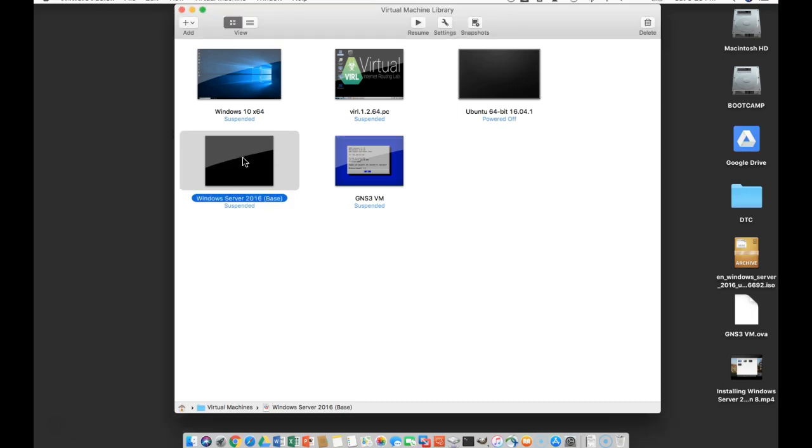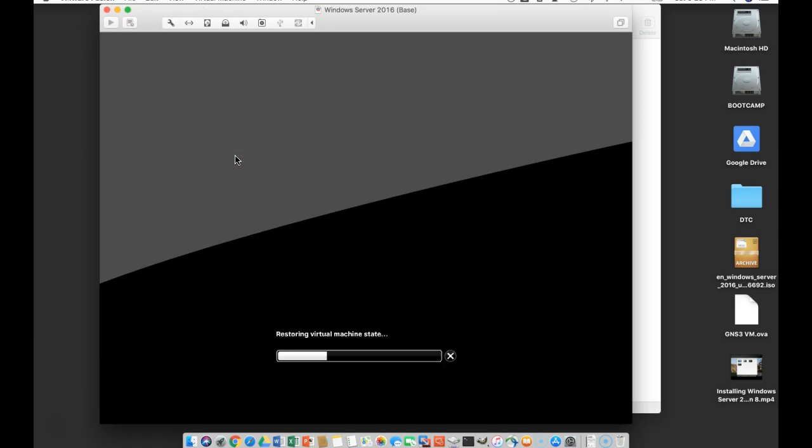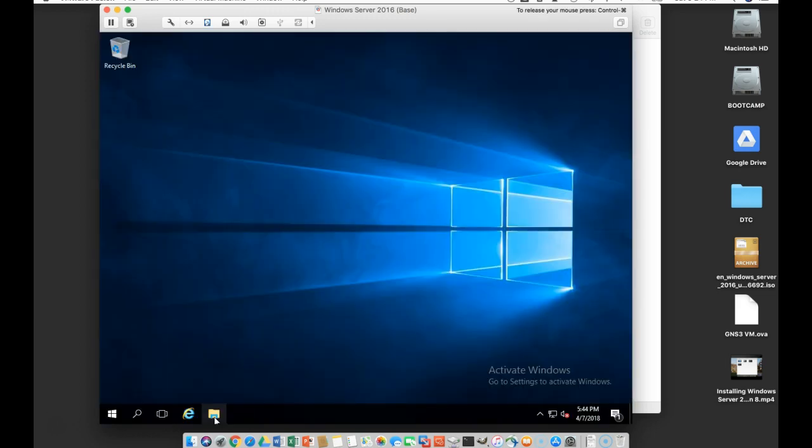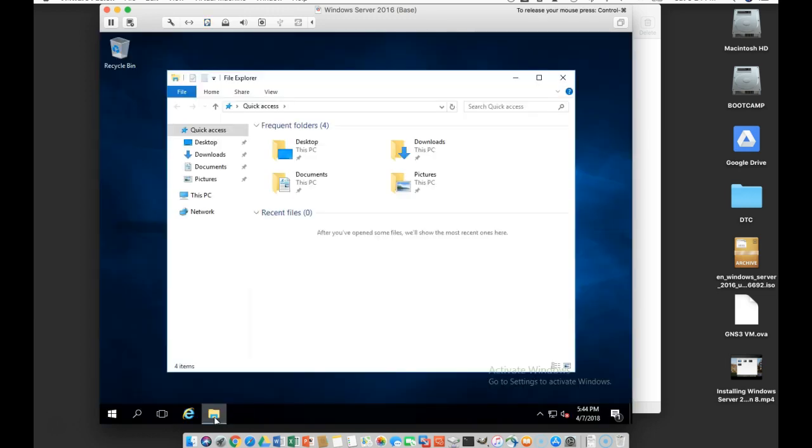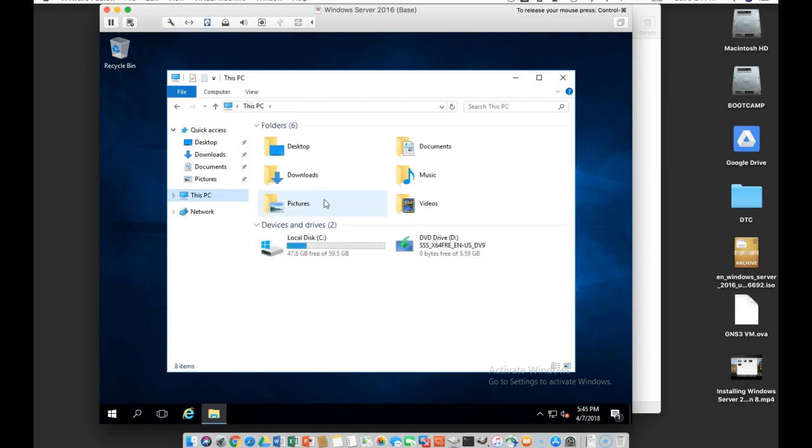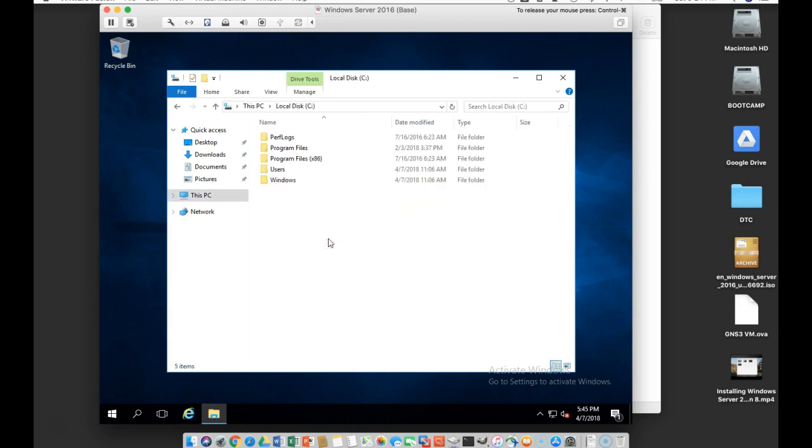Okay, so we have this Windows Server machine, and we would like to actually go in, Sysprep this machine, and then we'd like to clone that. So we're going to go ahead and log back in, and we'll go here to the File Explorer, and we'll do This PC, and we will do Local Disk,